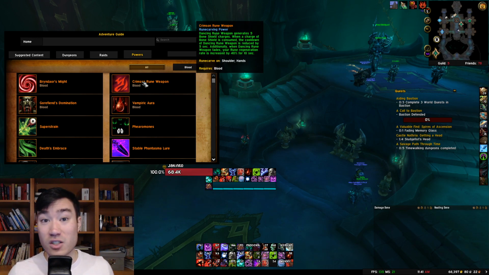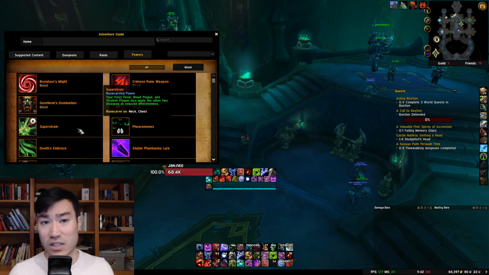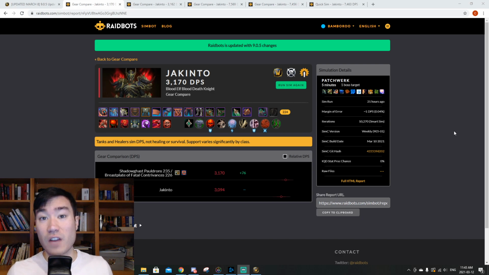And these are probably the 2 that you're debating on which one you should use. So let's do a comparison of these 2 legendary powers. To start this off, we'll look at the damage outputs of the 2 legendaries. So in Raidbots here, I did a simulation of what a 235 Crimson Rune Weapon legendary would look like compared to a 235 Superstrain legendary. And this is using my item level of 224, Necrolord, Bonesmith, Soulbind, as well as my